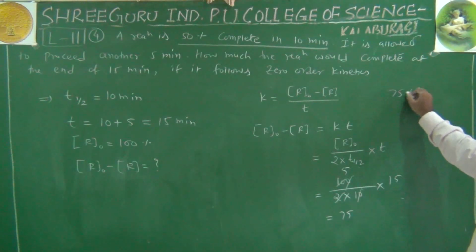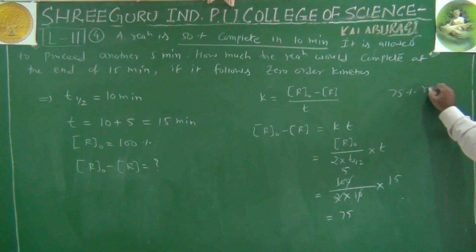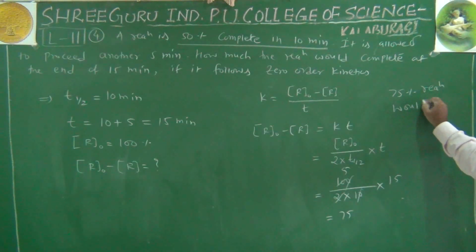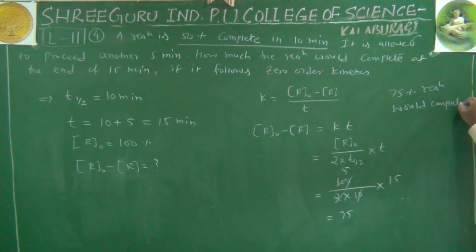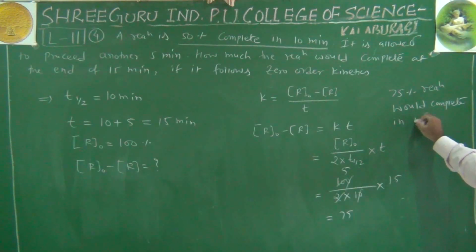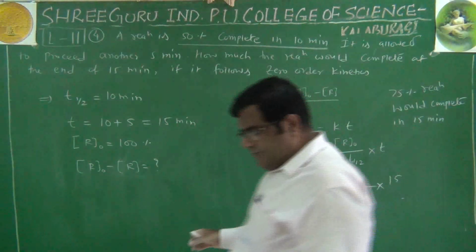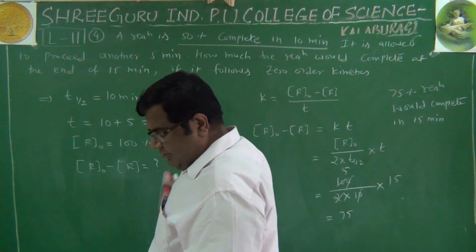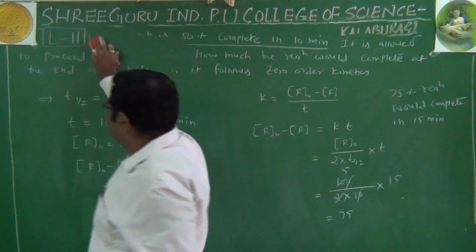So how much reaction would complete? We can say that 75% of the reaction would complete in 15 minutes. So this is the answer we are getting here. 75% reaction would have been completed. How much reaction would complete means they are asking about X, how much has been decomposed. So this is one question we have completed regarding zero order reaction. One more last question on this zero order reaction, and then